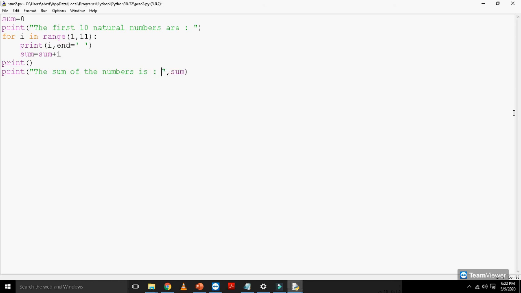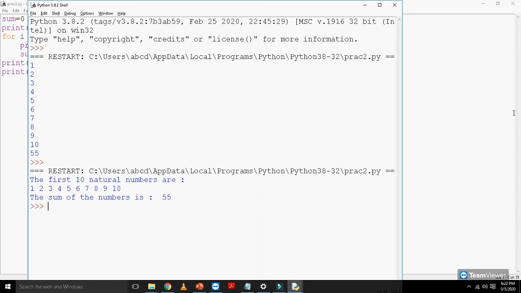I am saving and running now. So now all the first 10 natural numbers are coming in the same line, and in the next line we have the sum of the numbers as 55.